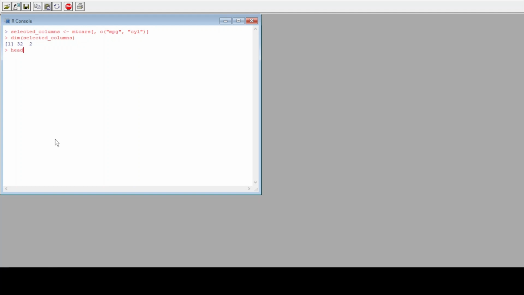Head, I usually like to do it like this. So instead of dimension now, we will say head. This will give us the first 6 rows, right? So we have our rows here, we have our columns here, 2 columns, mpg, cylinder,